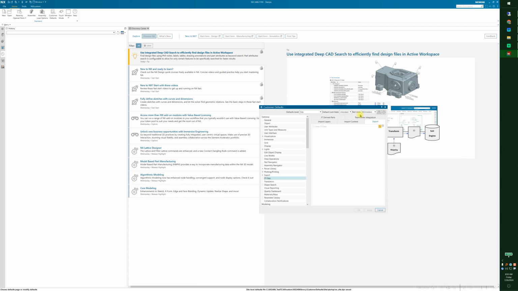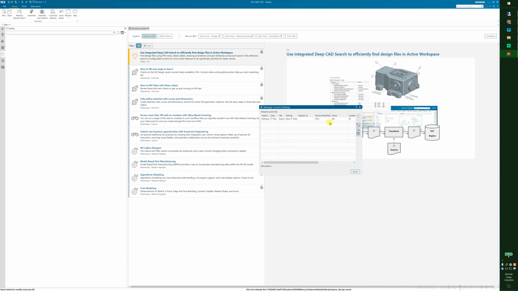One of the things I also want to do is I don't want to just go through and remember all of the settings I had on previous versions of NX. So I want to come up here to manage current settings. Here I can see that I've got a change already. So this is the current settings that are different than out of the box, and you can have a list of them here. I'm going to import details,